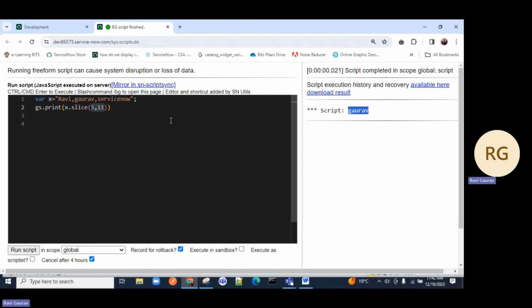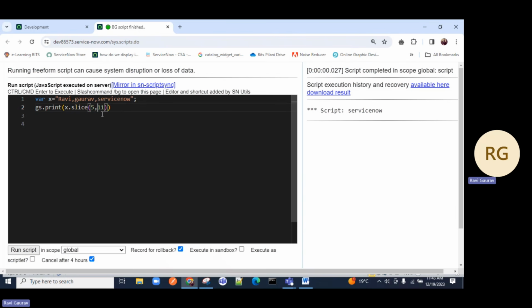Correct? These are interview questions. Sometimes the interviewer might ask you, have you used slice? And what will happen if I don't give 5? Just think. Second scenario. It will give me ServiceNow with a comma, or let's put 12. No worries. Whatever you have given here is sliced off. It will only pick up to 12, whatever is written over here, and skip the rest. So remember, if you omit the second parameter, for example,